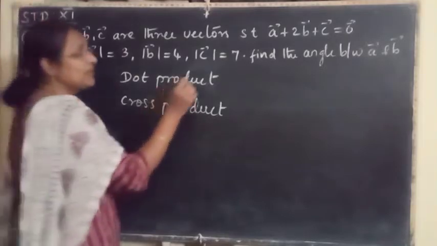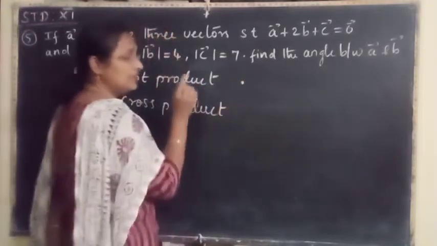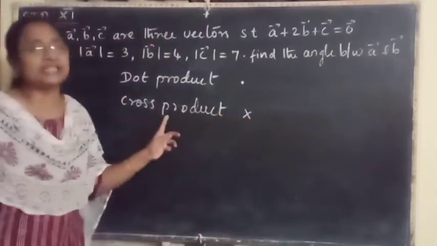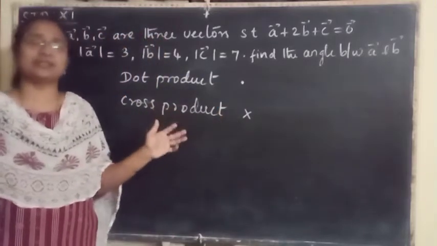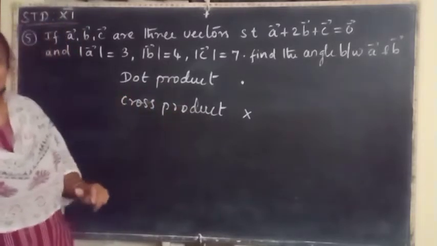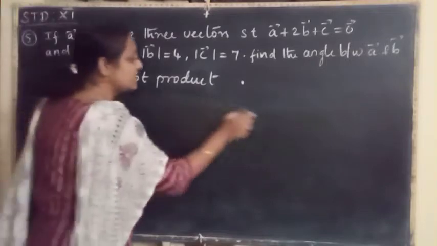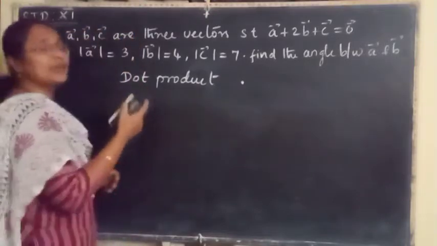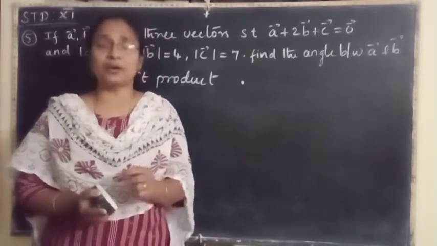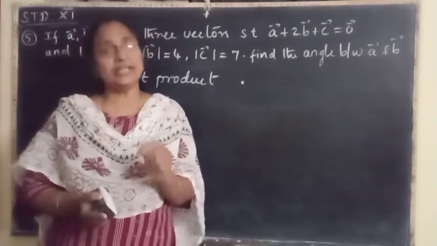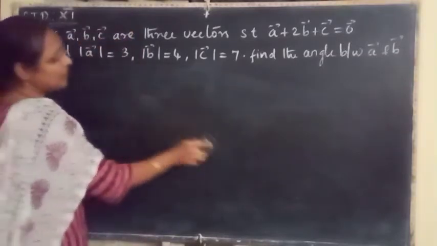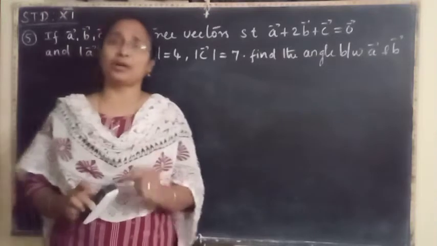As we know, we use the symbol dot for dot product and cross for cross product. These definitions and introduction we have learnt in our previous classes, isn't it? Now separately we have definitions for the dot product as well as the cross product. We have dealt with the sums based on dot product in our exercise 8.3. Now let's recapitulate, let's revise the definition of the dot product.